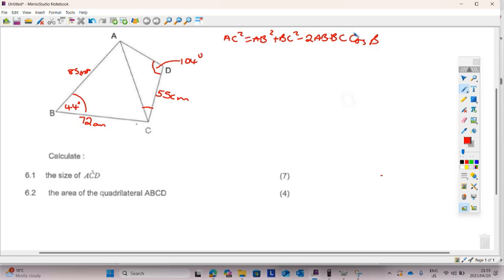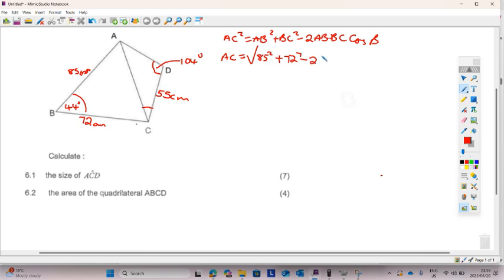And then your square goes to the other side as a square root, so we have AC is equal to the square root of AB squared. Our AB is 85, so it's 85 squared plus BC is 72